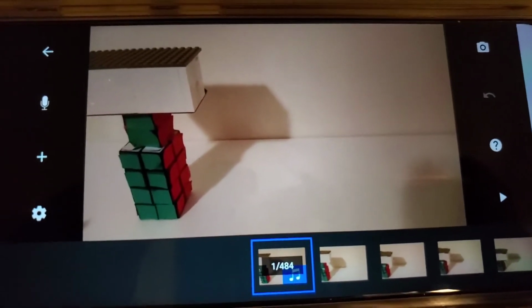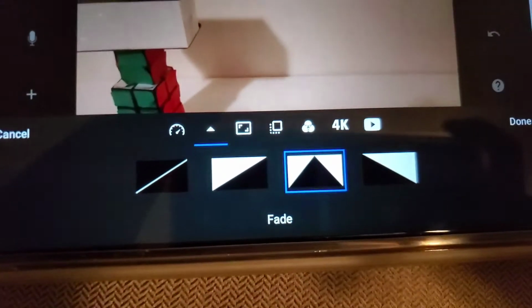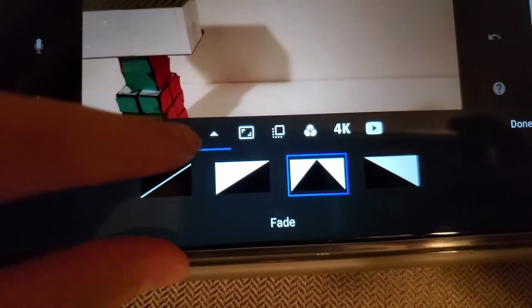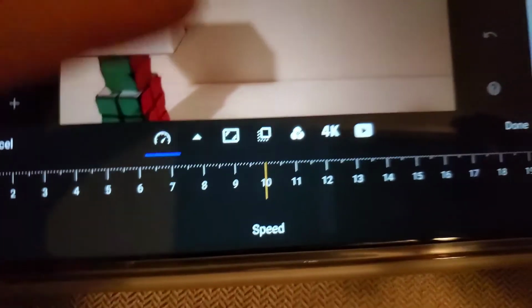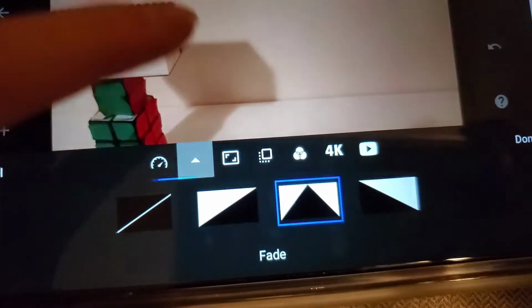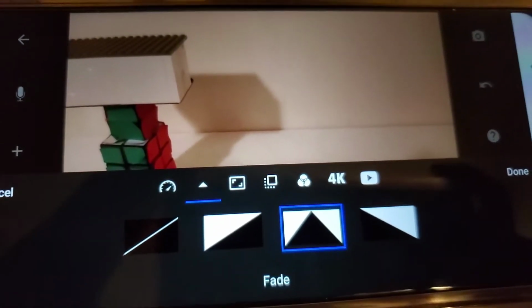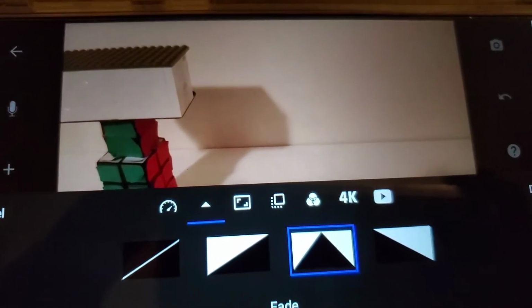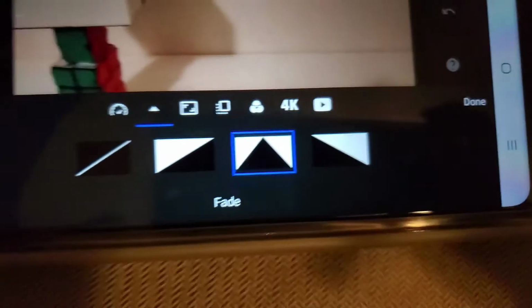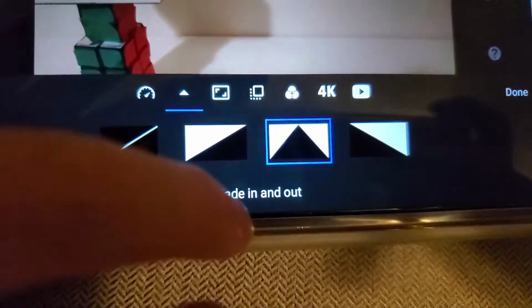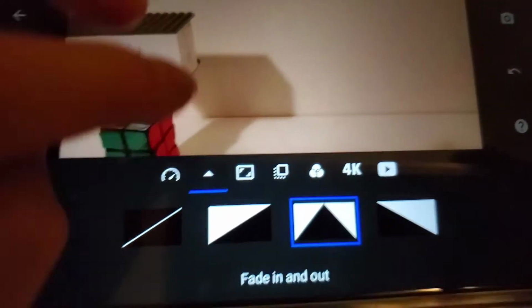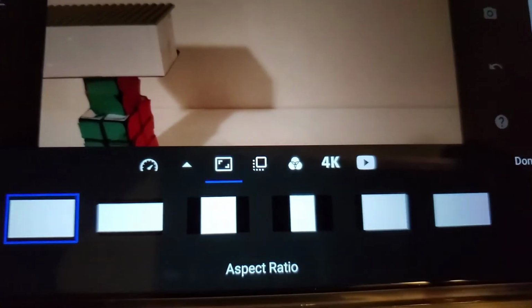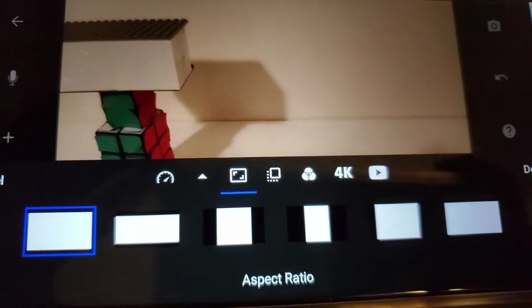It currently has 484 frames at 10 frames per second, which I adjusted here. As you can see, it's at 10 frames per second. Also, the fade, as you saw in the beginning, I used some fade. This fade right here is fade in and fade out, which is what you saw there. Then this right here is aspect ratio. I did a normal aspect ratio,